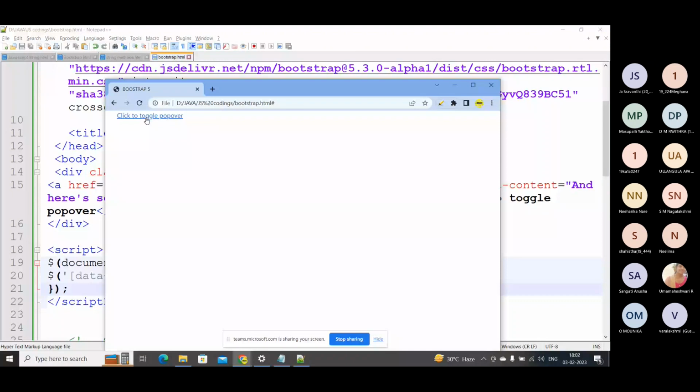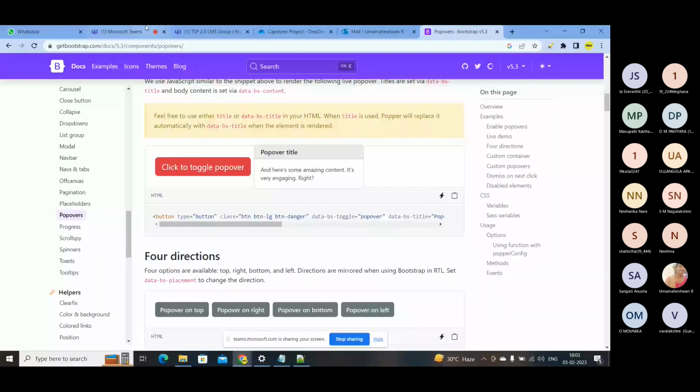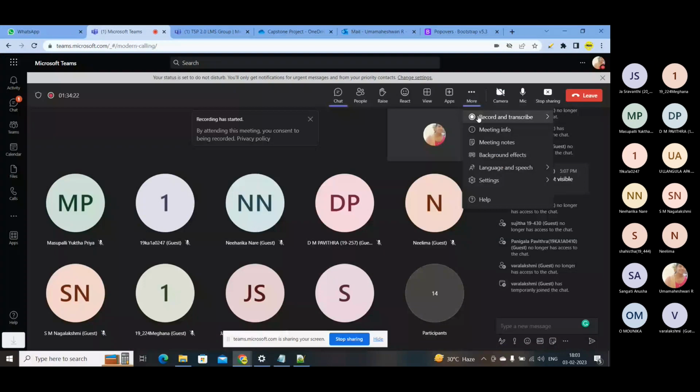Okay, let me check this. Okay, so data toggle and title is given. Something is an error. Okay. So in the next class, we'll create one project for this by combining all the three things. All the three means nothing but